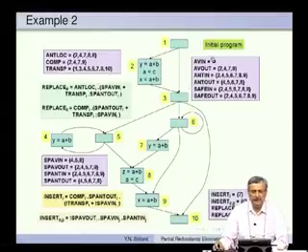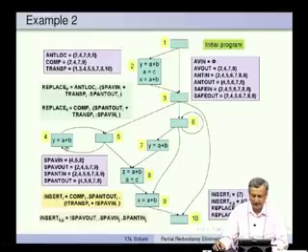AV in is phi, because the expression a plus b is not available at the entry point of any basic block. Here it is not available, easy to see. Here it is not available because there is nothing here. Here it is not available because there is nothing here. And again this point, there is partial availability, but there is no availability at the entry point. AV out is true for 2, 4, 7, 9. So, AV out is true here because available because of the local computation, here also, and then 4 at this point also available.